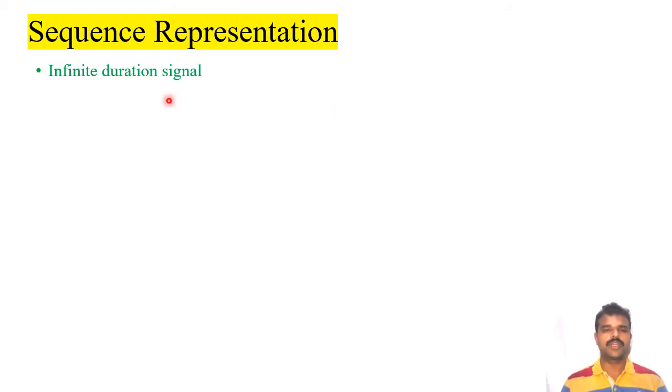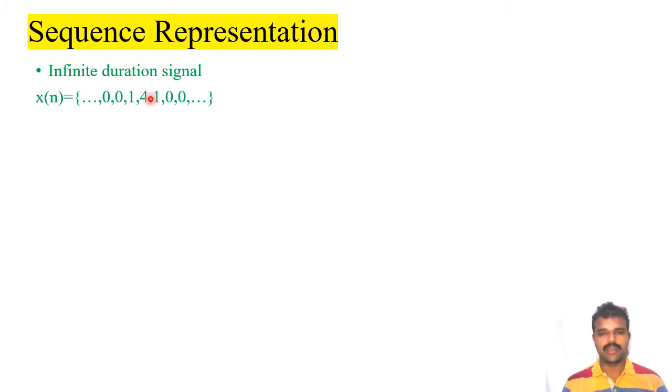For instance, if you are considering an infinite duration signal, infinite duration signal means its duration is infinite. That means the signal is defined from -infinity to +infinity. We may represent something like this: x of n is equal to, we don't know, values up to -infinity, it's not possible to write it, something like this, and these are some values. So which one is n equal to 0? That's another question. We don't know which is the n value, right? When we represent signals like a sequence like this, you don't know what value of n is corresponding to each and every value of the signal.